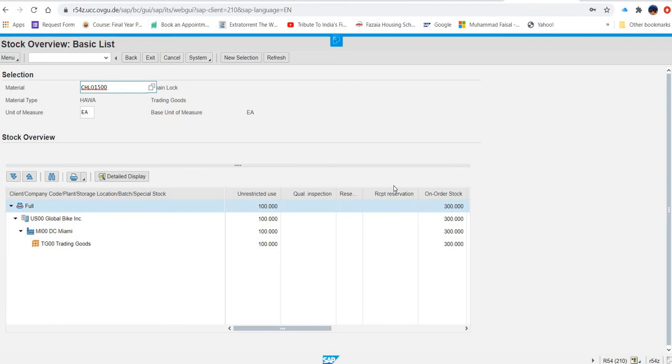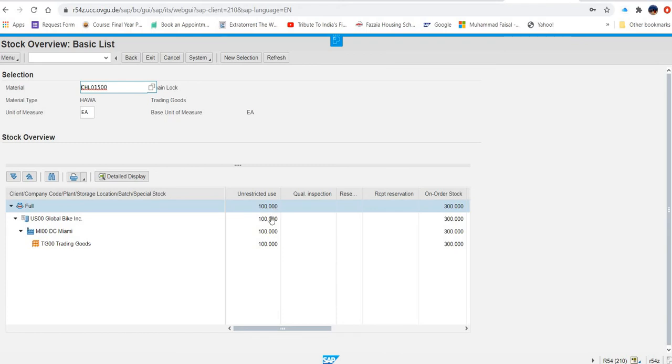Now you can see this screen, and in this you can see that whatever data you have entered, it is coming over here. And it is showing that 100 pieces are on stock for unrestricted use and another 100 in order stock still to be delivered to the Miami plant.